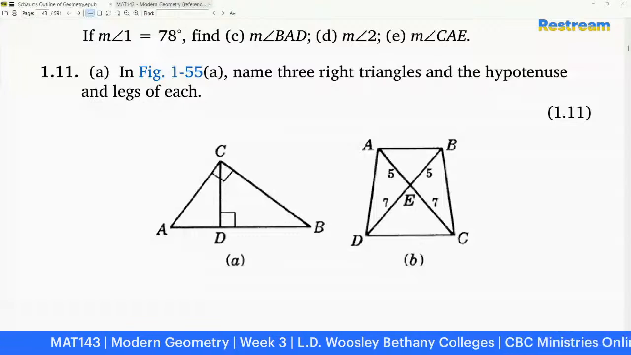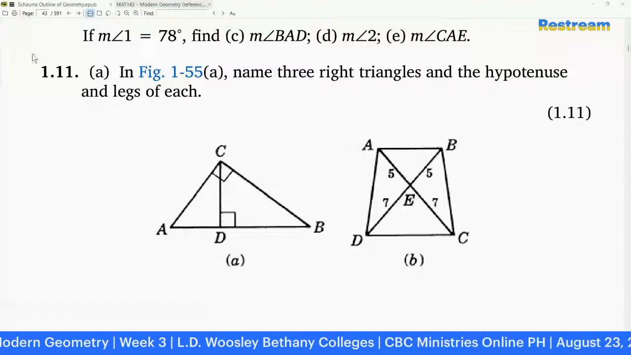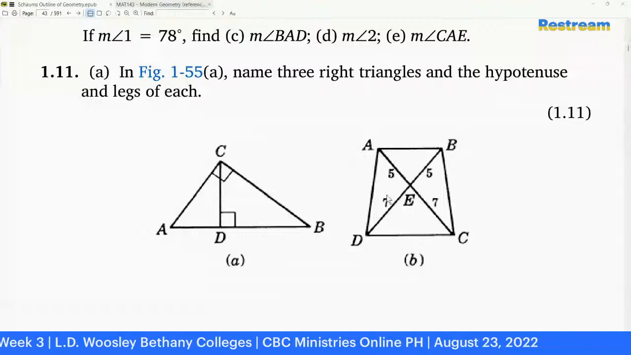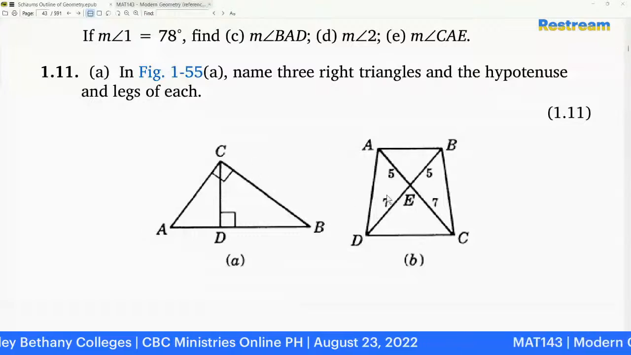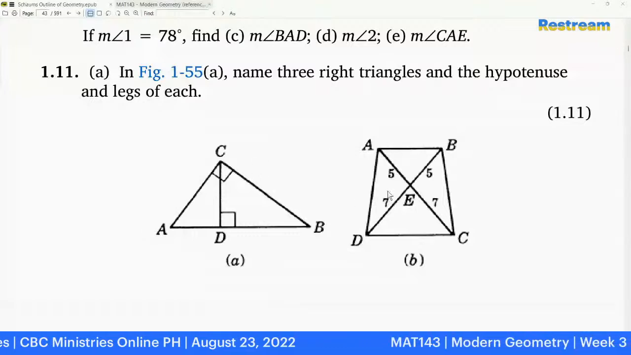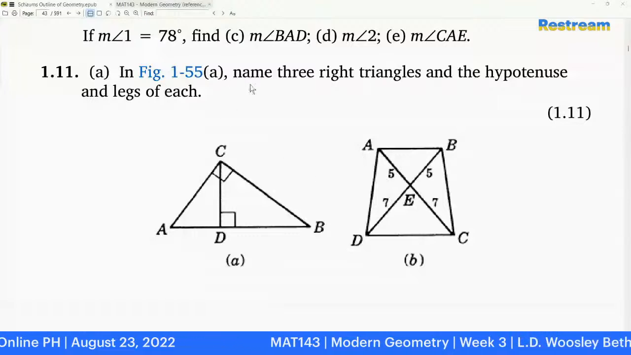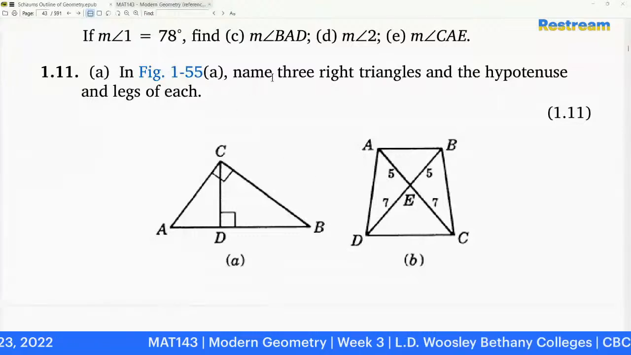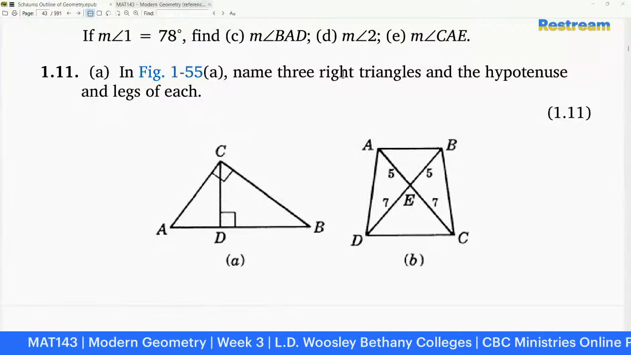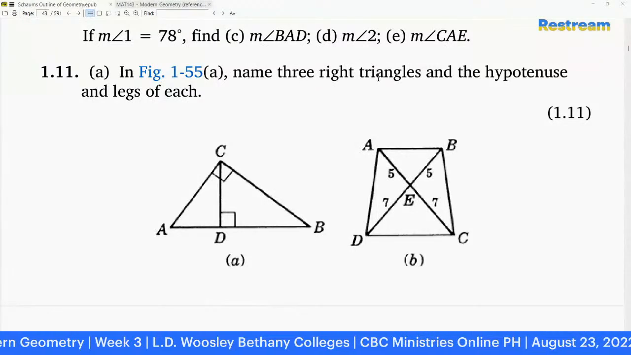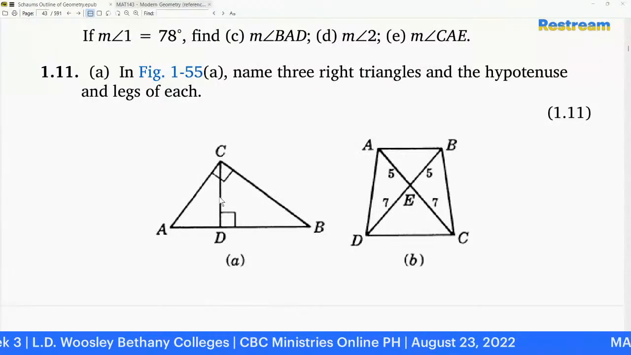Okay, so talaga nga naman, no? Alright, so let's continue, no? So, sige, 111 na tayo. So in figure 155, name the three right triangles and the hypotenuse and the legs each. Okay, so